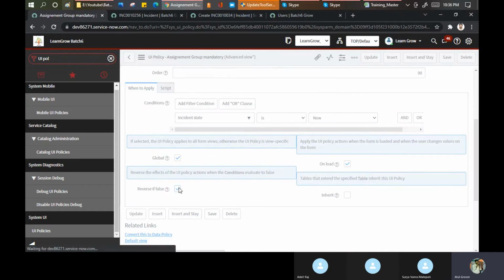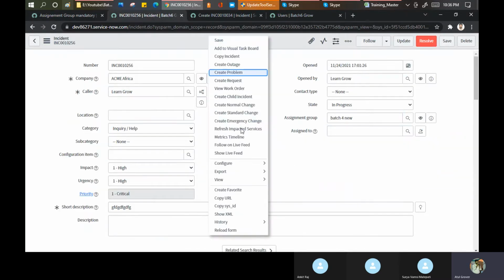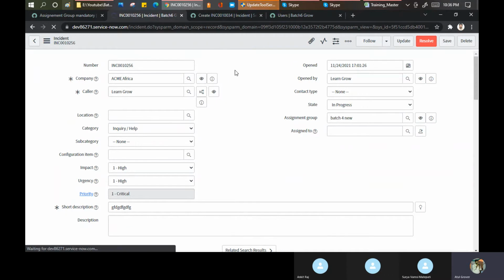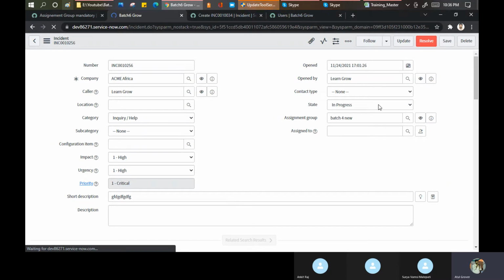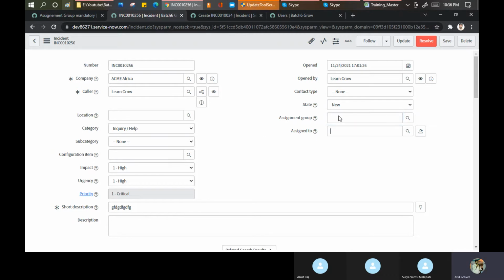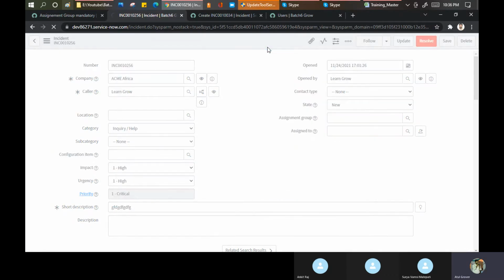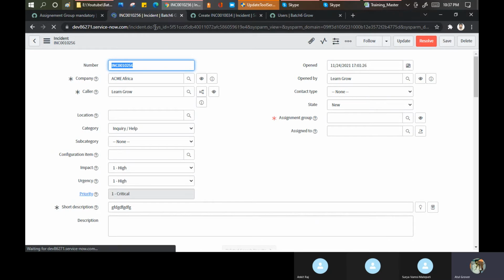Oh, we had removed this, sorry, then how will it work? Now let me go and reload this. No, something is off. See, this incident is becoming mandatory here.